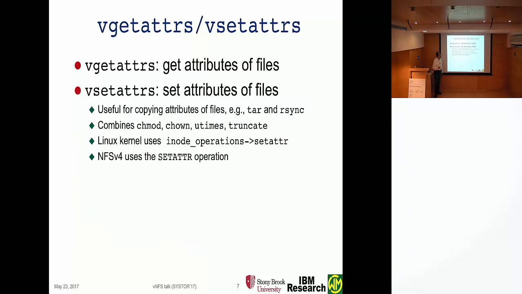Now, in addition, there's a lot of attributes. We're getting a lot of attributes. Has historically been shown to be something that NFS does a lot. And also setting attributes. This is useful when you do a lot of recursive operations, tarring, rsync, copying. Those happen to be a lot of attributes. In fact, both inside the Linux kernel, the VFS and the NFS itself, they no longer do individual chmod, chown, utimes. Everything gets basically funneled into one system call, or one internal operation for setting attributes. They found that to be more efficient.